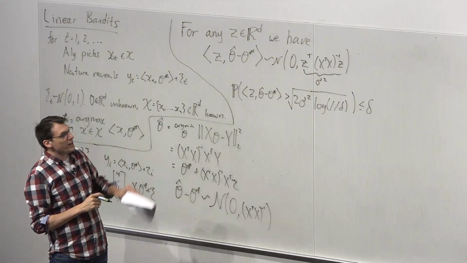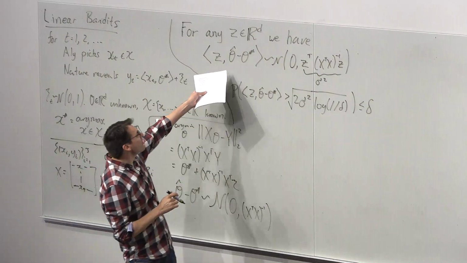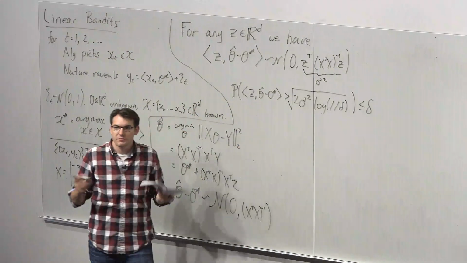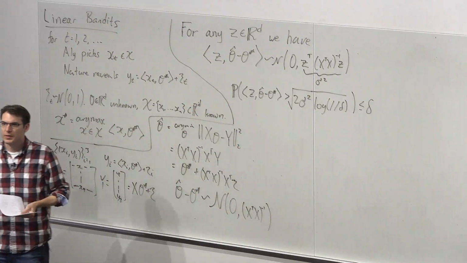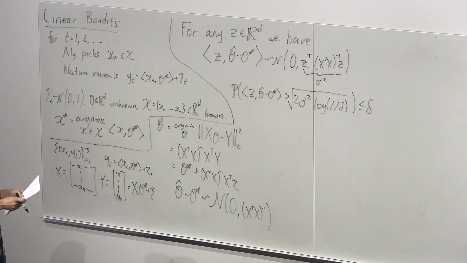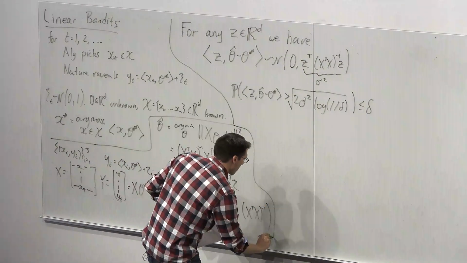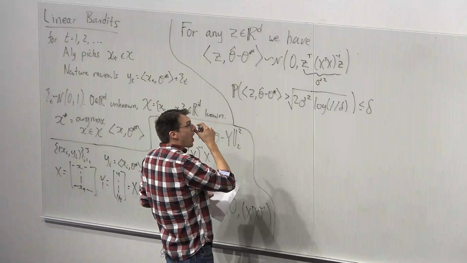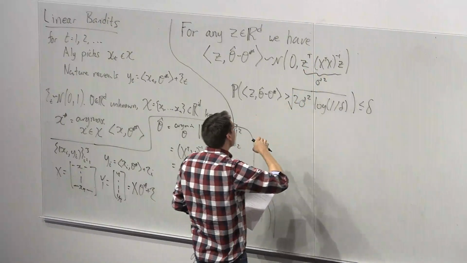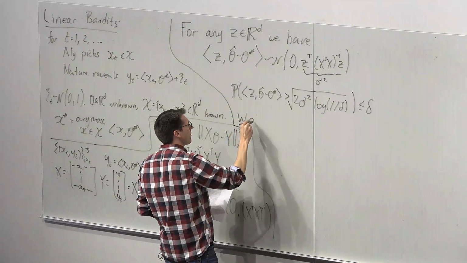Okay, this is true for any Gaussian random variable. And this just happens to be a Gaussian random variable with variance z transpose (X transpose X) inverse z. Something pretty complicated, but something that we can get a handle on. I'm going to write this a different way, in slightly different notation. So rewrite this as saying that with probability